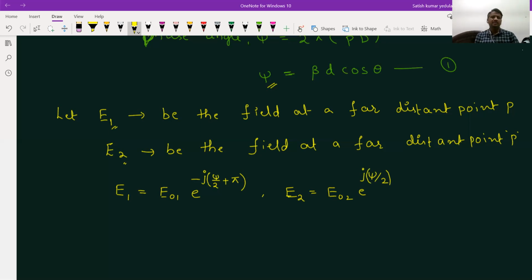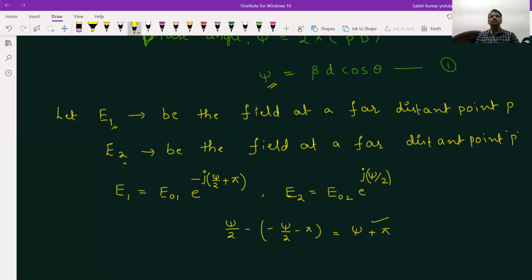Why should we take it in the first? Why not include that pi in the second one? You can do that, and finally you can take minus common and you get the same expression. It doesn't make any difference whether you keep this pi here or here. Just for convenience I am taking it here, because minus of minus psi by 2 minus pi, you multiply both, then what you will be getting is psi by 2 plus psi by 2 is psi, and minus into minus is plus.